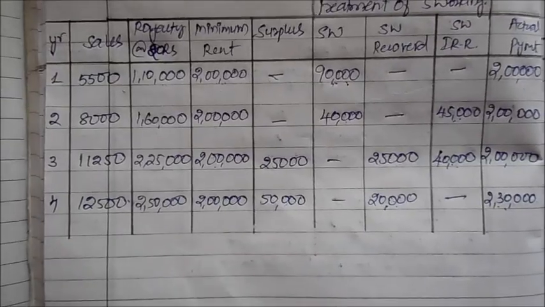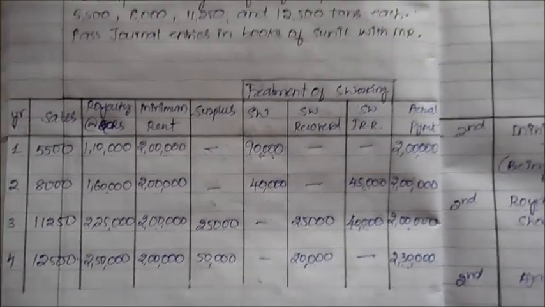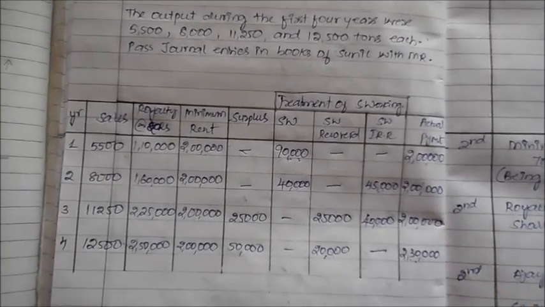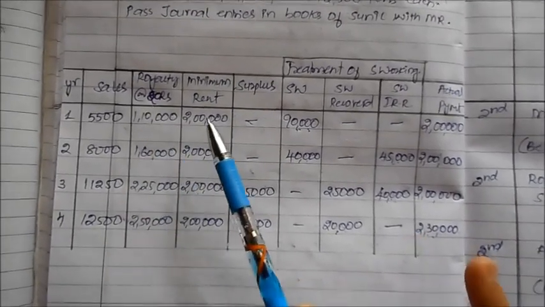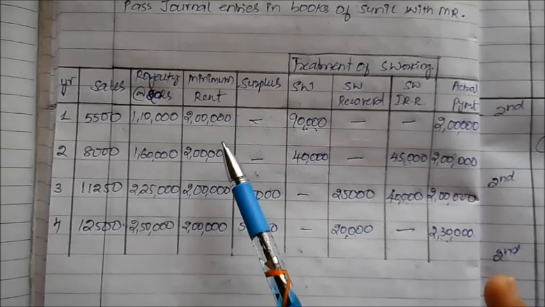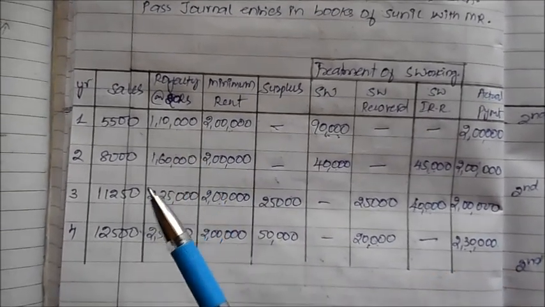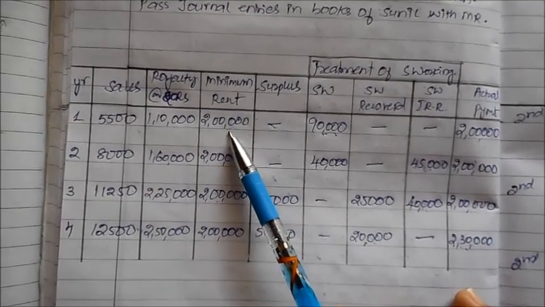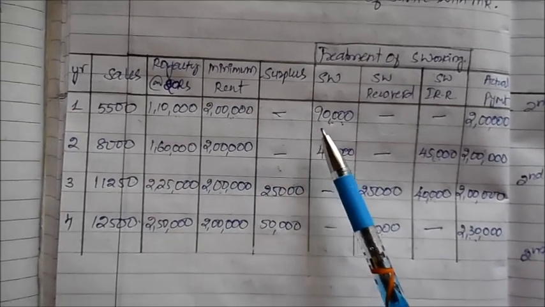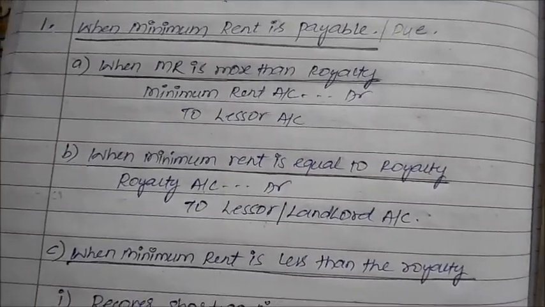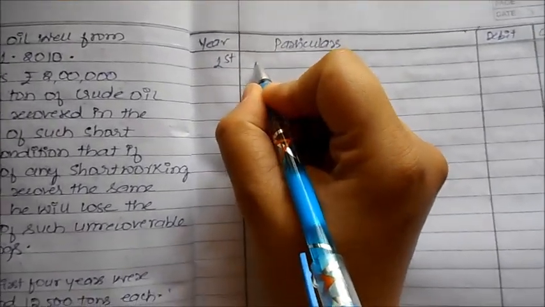Okay. After the table of analysis, let us start recording the journal entries. So what does the first journal entry say? We will have to compare between royalty and minimum rent and find out whichever is the highest. Here minimum rent is more than the royalty, and this proves that whatever amount we are paying will be inclusive of royalty and short working both put together. So firstly, when minimum rent is more than the royalty, what is the journal entry? Minimum rent is the higher. So firstly, what we are going to write is